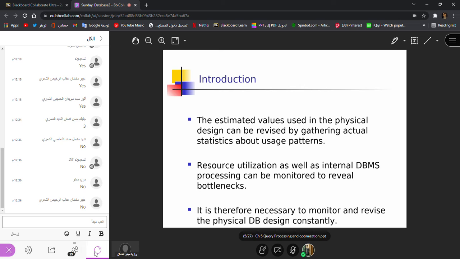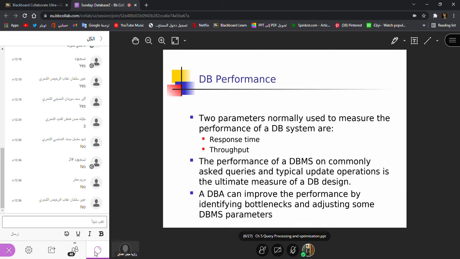But after implementing the database, you will get the actual values: how much time you need to process one kind of query, and how much time or resources you need to process other kinds of queries. So after implementing and using it, you may have to change and revise your physical design. Then you can improve the query processing in your system.